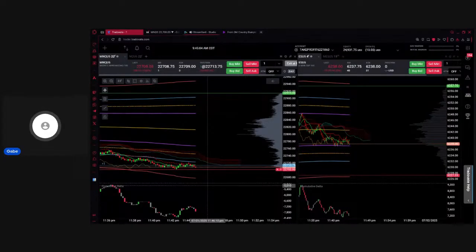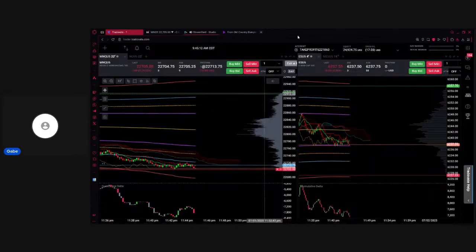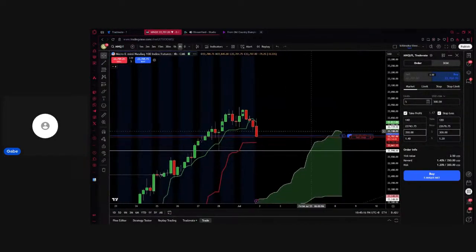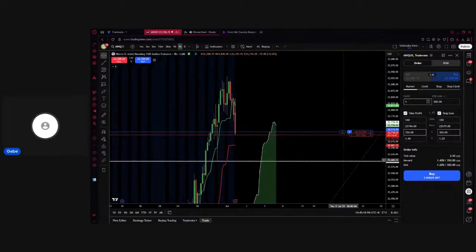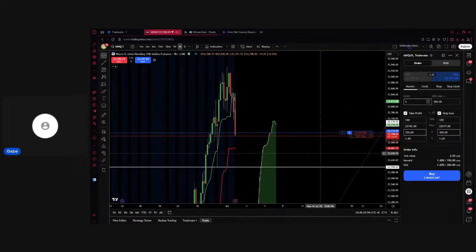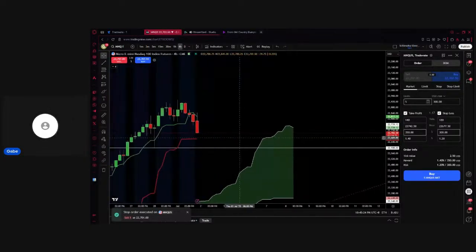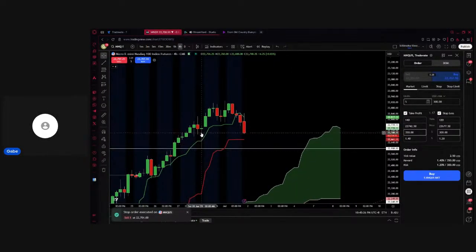Which is why I size one MNQ instead of like 4 or 5, which is typically what I do, right? I'm not sizing up because of the bigger picture, like 4 hours. What's happening on the 4 hours? I got that from trading many years in the land of Bitcoin. Typically, 4 hours do dictate a lot of the momentum and movement and direction. You see this 4 hour, it's very likely it's still not filled, and it's a lot of